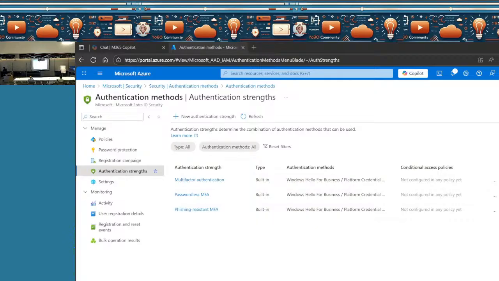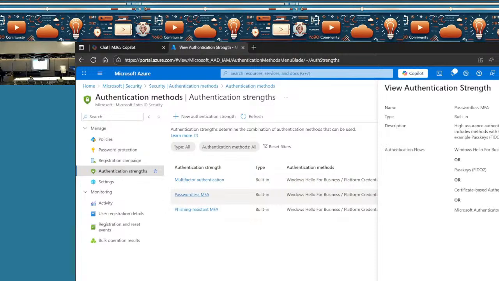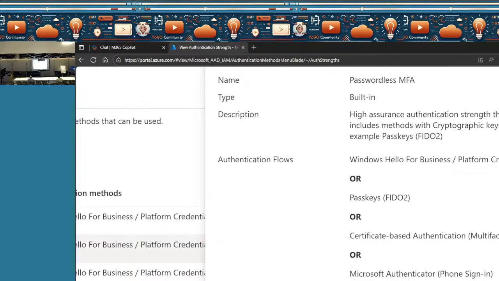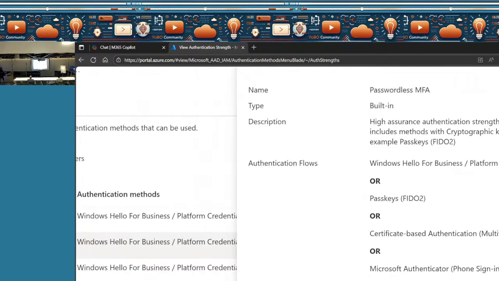Now, naturally, you can see that passwordless MFA and phishing-resistant MFA are categorized differently, right? Now, here you can see, this is my passwordless MFA screen. This has 4 options: Windows Hello for Business, Passkey, certificate-based authentication, and Microsoft Authenticator. So these are the 4 options which Microsoft gives from a passwordless MFA perspective.